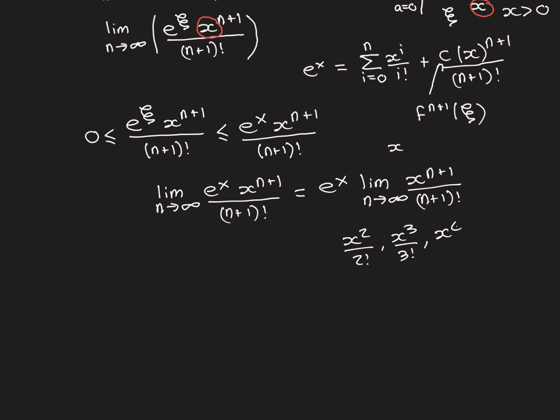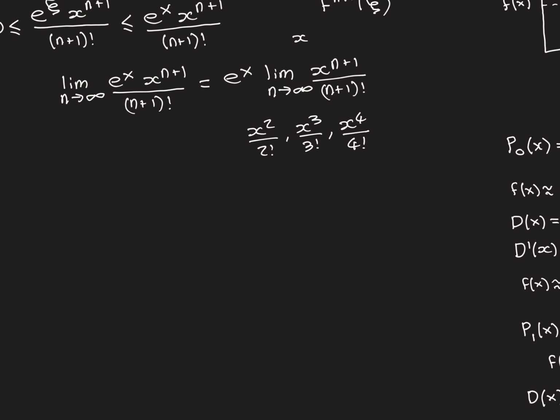The next term is going to be x to the 4 over 4 factorial. And again, don't get confused by that x. Remember, x is now just a constant. It's that fixed red x. It's some number. Now, if you look at the ratio then between the terms, the ratio here is x divided